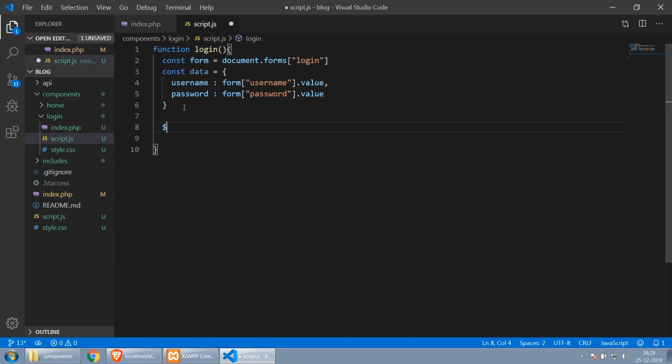So now in jQuery you could use a dollar. When you import jQuery, you will have a dollar symbol available, which is going to invoke the jQuery methods. So I'm going to use AJAX for that. So AJAX of. So first thing is we have to send a URL. So the URL is, okay, let me